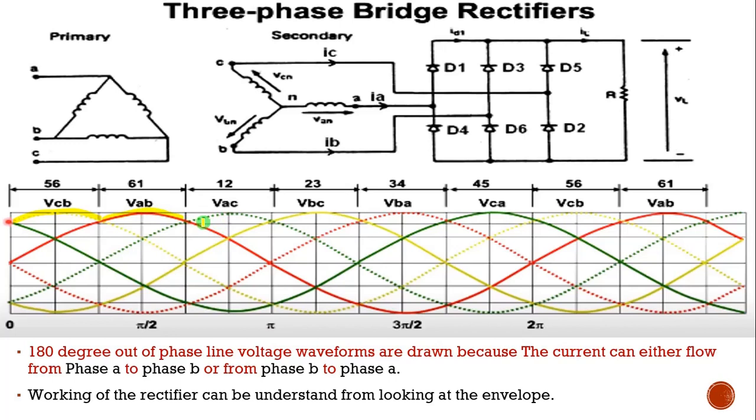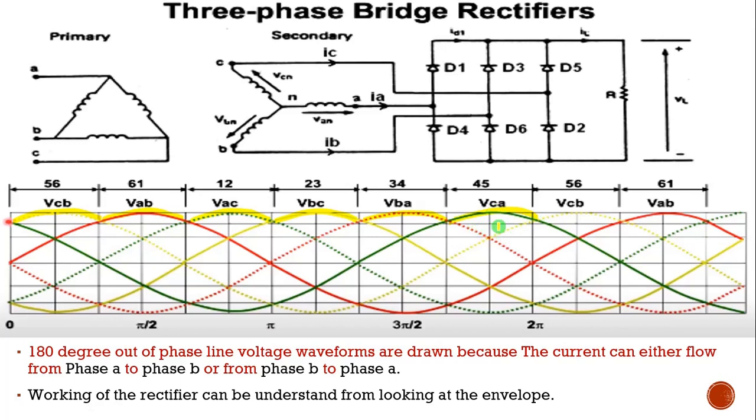means VCA. So the green dotted line means VAC. Okay, now the yellow line means VBC, and here VBA. The red non-dotted line is VAB. So this red dotted line will be VBA, and the green line means VCA. Okay, then